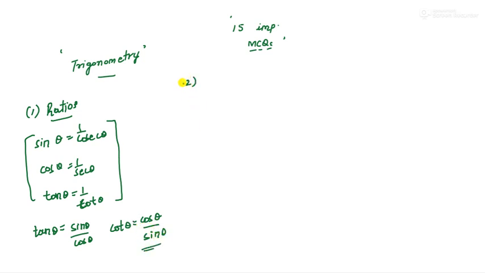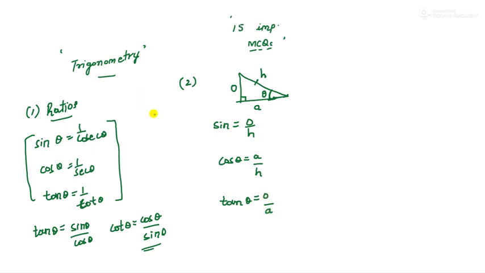And second, you have to be aware of these formulae related to the sides in a right angle triangle. If this is theta and this is 90 degrees, we call the side opposite to 90 degrees the hypotenuse. The side opposite to theta is the opposite, and the last one remaining is the adjacent. So for sine theta it is O by H, for cos theta it is A by H, and for tan theta it is O by A. You can remember in this format: SOH, CAH and TOA.